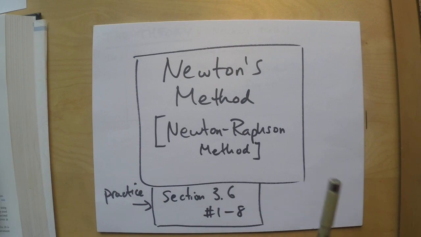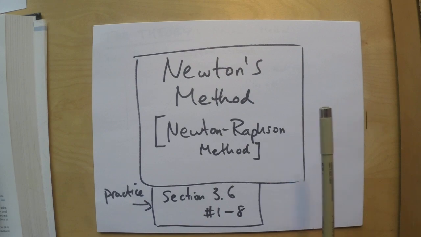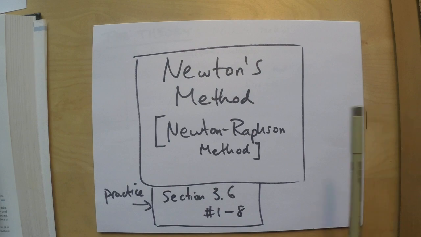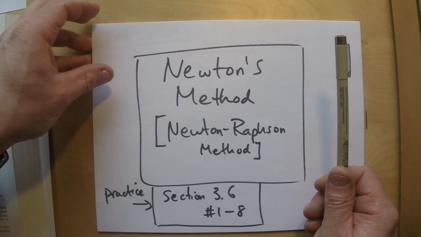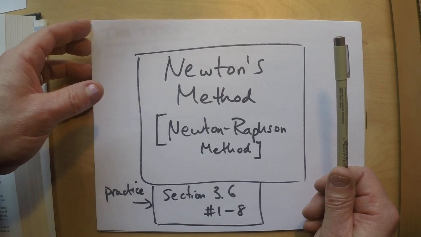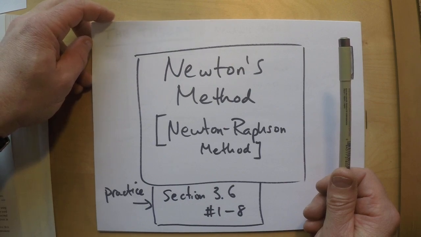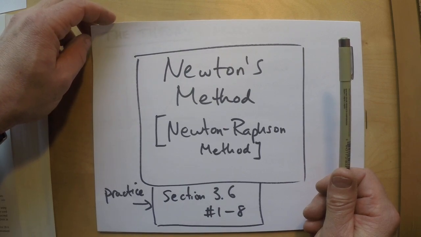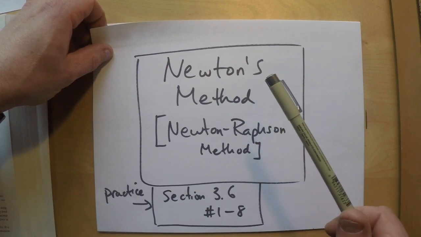Now, I'm not a big fan of just practicing Newton's method. What I think Newton's method is really good for, though, is the development of where it comes from. That is really important for you future engineers and scientists, because the thinking behind the logic of its method is more important than the actual usage of it, because it could lead to future things that people haven't invented yet, or things in math that people might not know. So I think it's the theory behind this that's more important than the actual